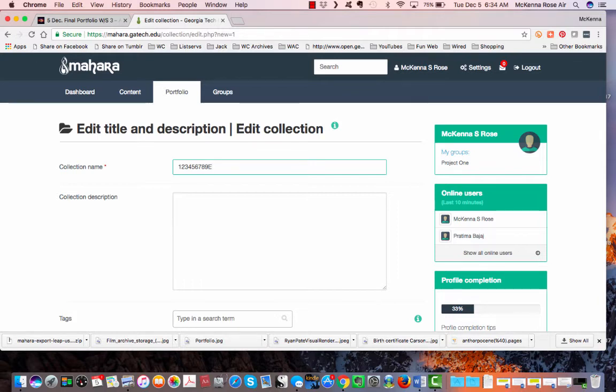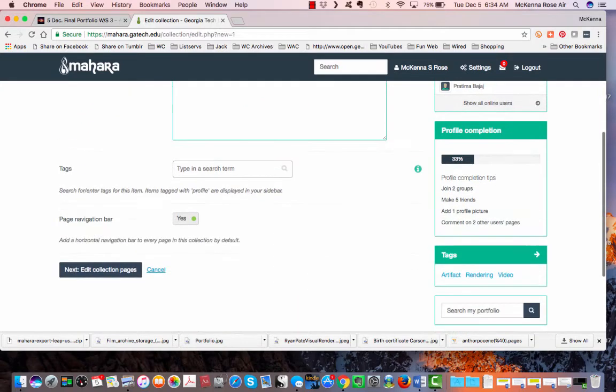course title, and then assignment title. You're welcome to include the course description, but not required. Remember that the collection description is for you and not for your users. Scroll down, make sure that page navigation bar is set to yes, and then click